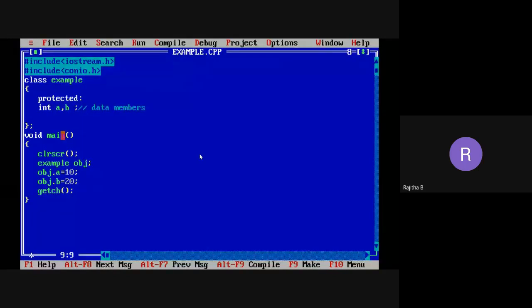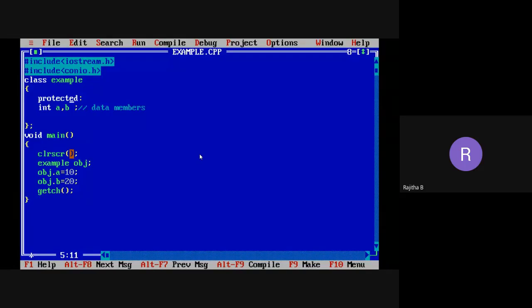But when you are taking the inheritance concept, what is inheritance? You can acquire some properties from the other class. So we have minimum two classes in the inheritance concept. In the base class, you declare some members, and in the child class, I want to access the base class members. If you take a protected member, you can derive these protected members in the child class. We can access the protected members in the child class, but we cannot access them outside the class, in the main function. Main is outside the class only. In main we cannot access the private and protected members. Only public members can be accessed.